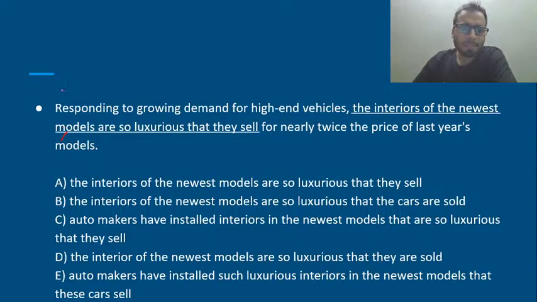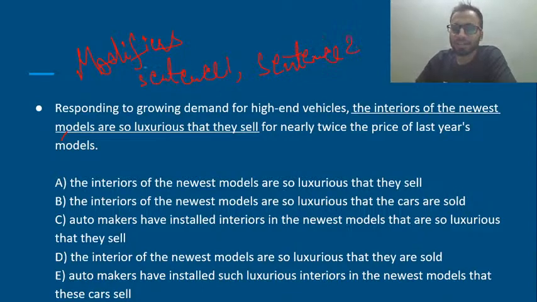I'll give you a hint. This is a modifiers question. I'll give you another hint. This is the sentence 1, comma, sentence 2 construction. When it comes to such constructions with modifiers, sentence 1 is the modifier. So the noun or the noun phrase that comes right after the comma, right? That is what sentence one refers to, right? So figure out what needs to come right after the comma and you'll arrive at your answer.